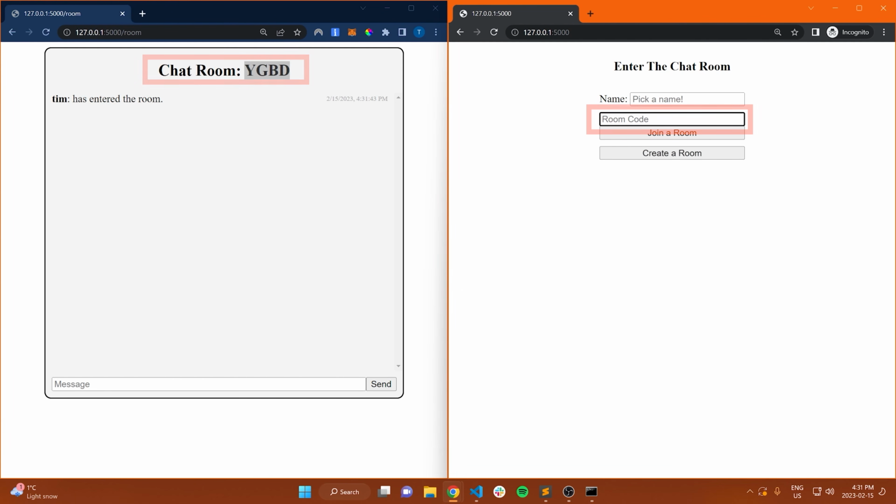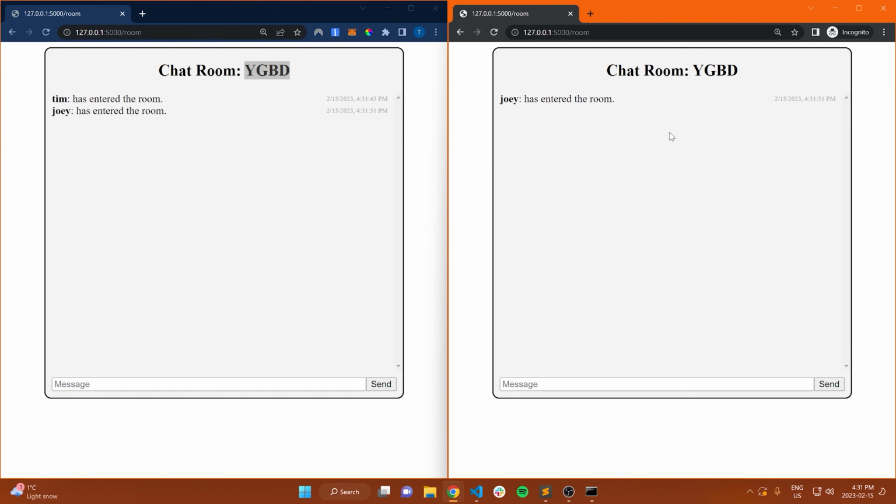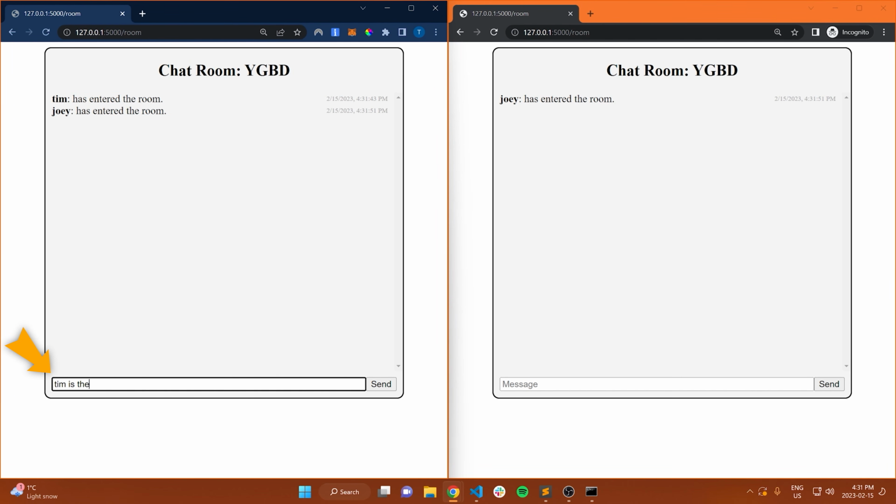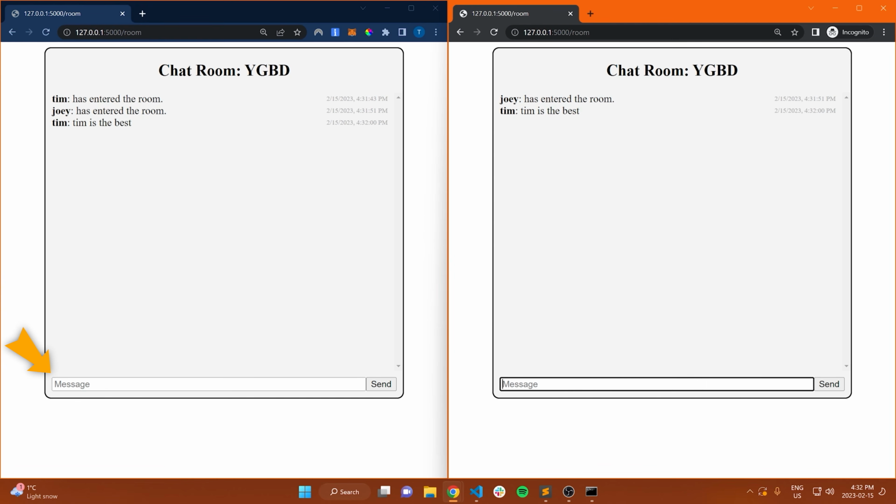If I copy that and paste it here and then enter a name, something like Joey, and then go with Join Room, you can see that I joined the room, and on the left-hand side here, it says Joey has entered the room. Now I can start messaging, so I can say something like Tim is the best. Okay, I can send that and see it comes in here. I can say something like I agree. Obviously, this is happening in real time, and notice that I don't have to refresh the page to see the